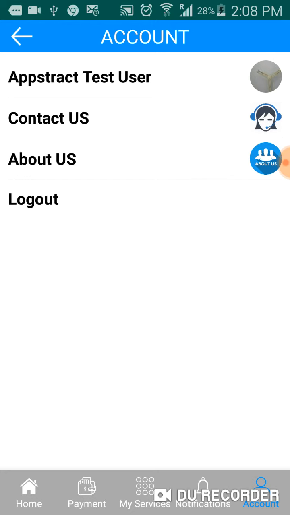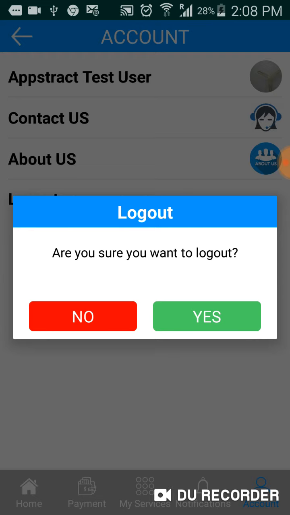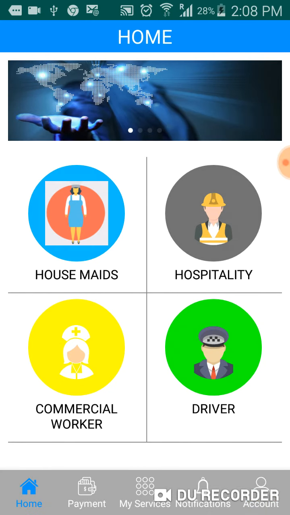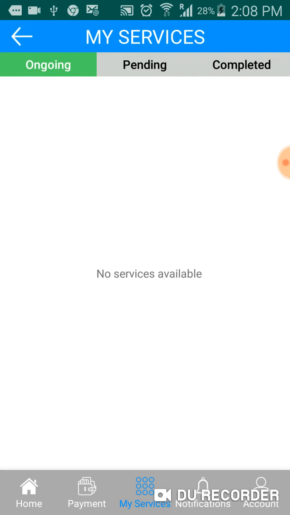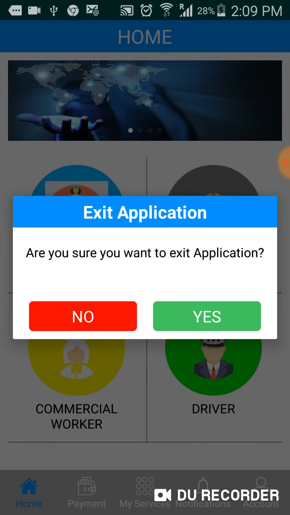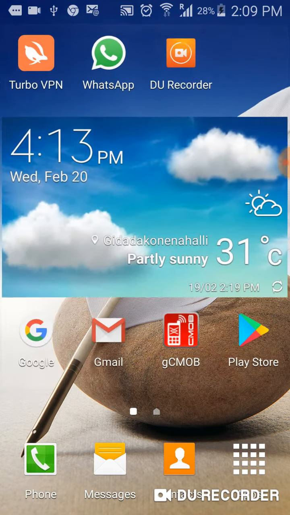The other option is that if you don't do anything, if you come out of the application, nothing happens, you are logged in and you will come to the home screen without any problems. If you want to log out, for some reason you are changing your mobile or you're changing something, then there's an option of logging out. Before logging out, they're going to ask you, are you sure you want to log out? If you say yes, what if you say no? If you want to close this application, you can exit it in multiple ways. Either using the Android button, and you say, okay, I want to exit the application, you say yes, and it is exited. Now when you log in again,